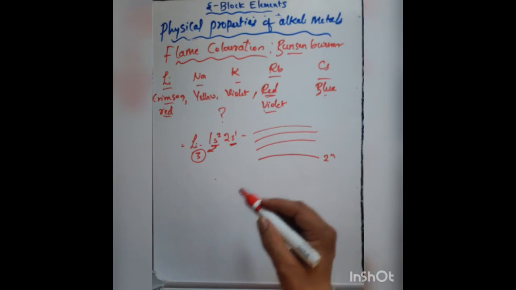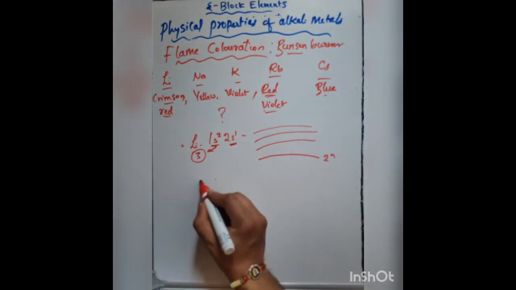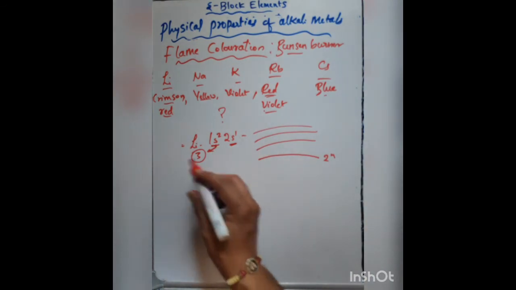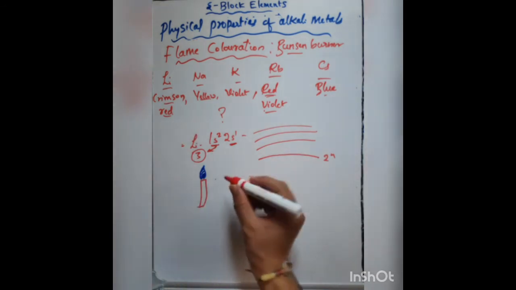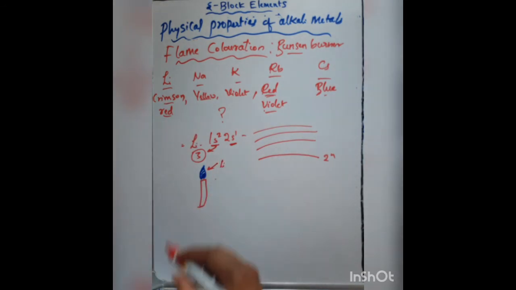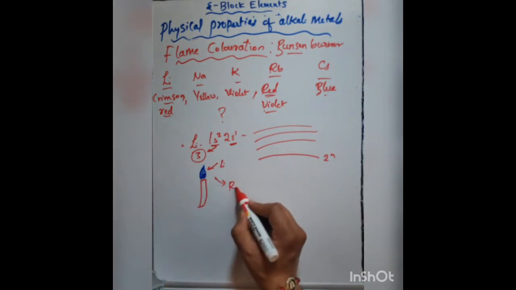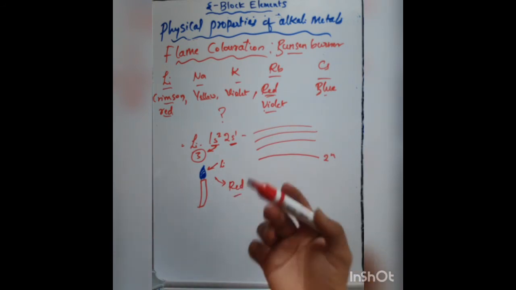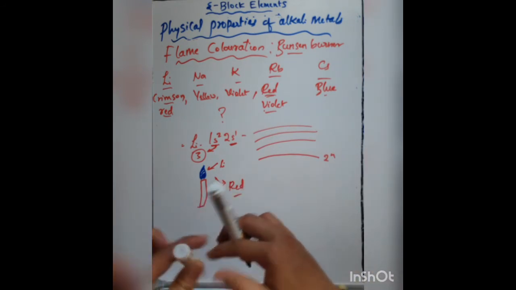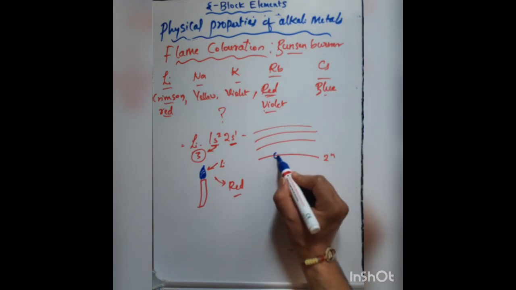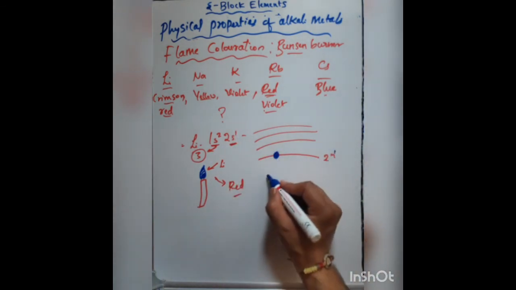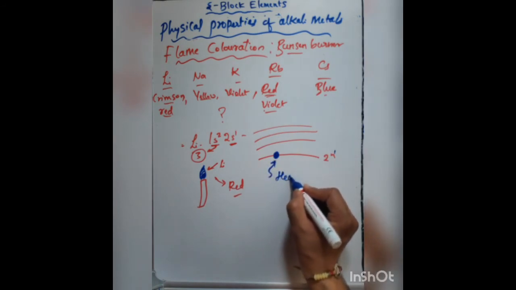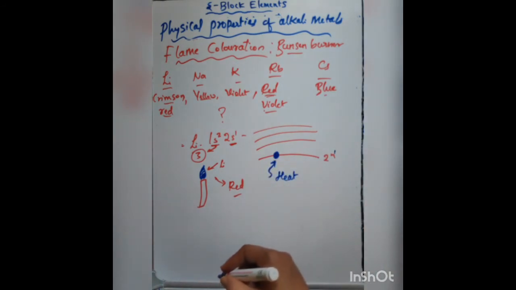When lithium plus is held on the flame, assume that this is the flame, and the blue color will be there. I am going to put some lithium on the flame. Immediately I am going to get some crimson red color. I can observe the red color. What is happening here is that the electron present in the 2s1 orbital is going to absorb the heat.